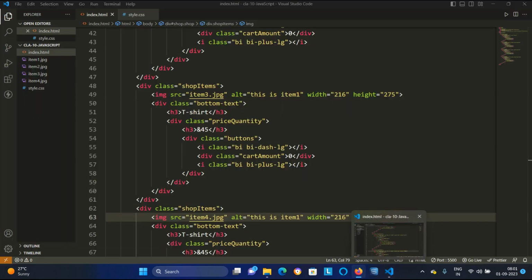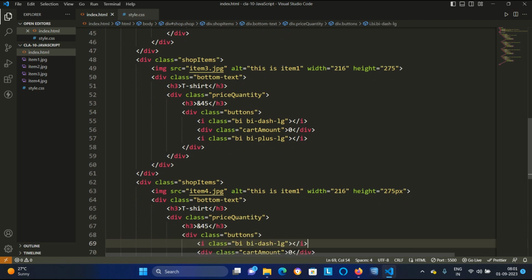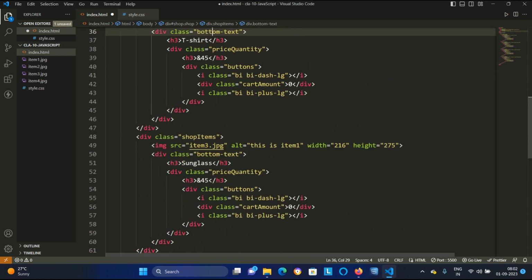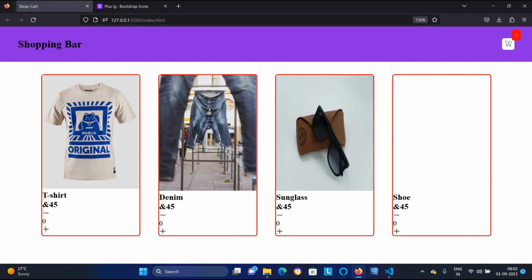Okay, so I will change this as well. I will say the swap item 4 is not the t-shirt, it is the shoe. Here it is also not the t-shirt, it is the sunglass. And here it is I think a denim. Control S, go back. Look, now the names have changed.